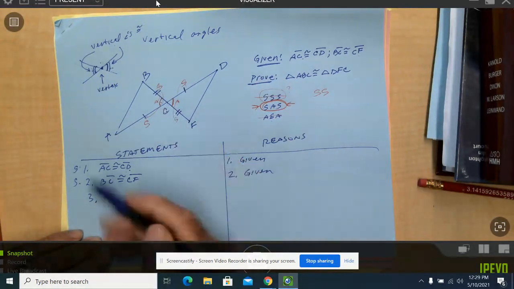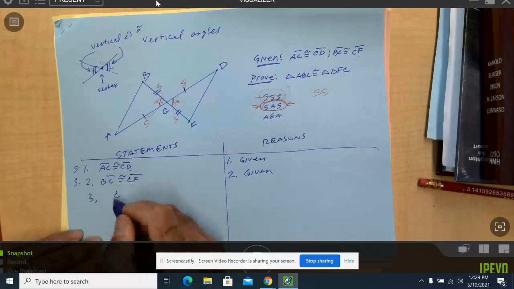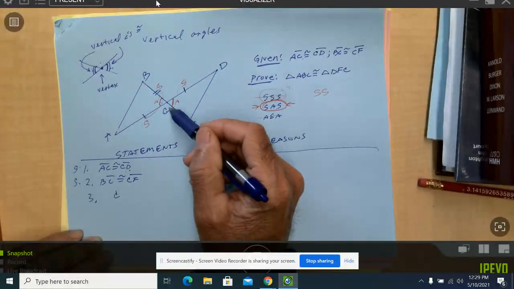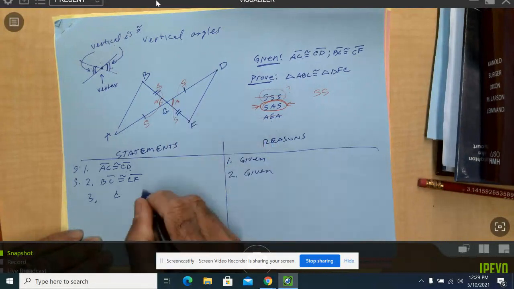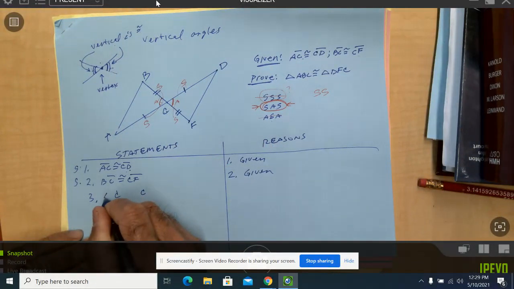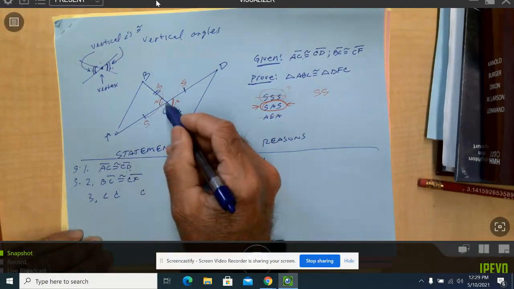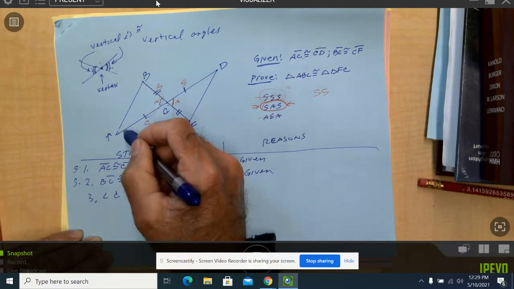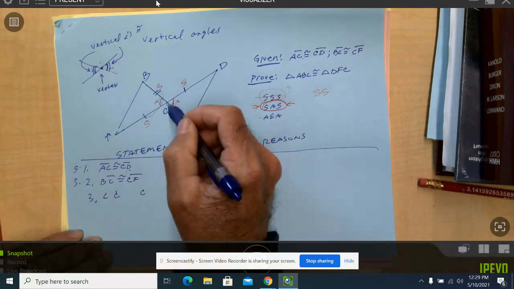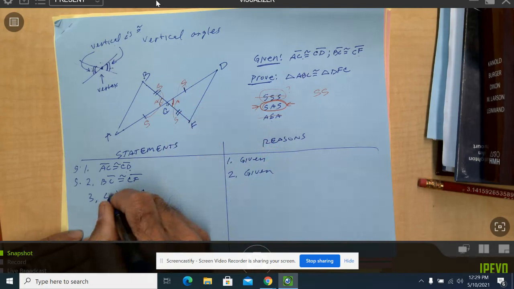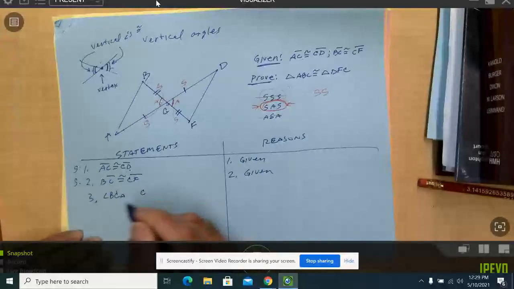This letter C will be the middle of the three for any angle we pick. So we'll use the C twice, but it'll be angle ACB or BCA. It doesn't matter which direction you go as long as that's in the middle. So I'm going to go BCA, and that's going to be congruent to,